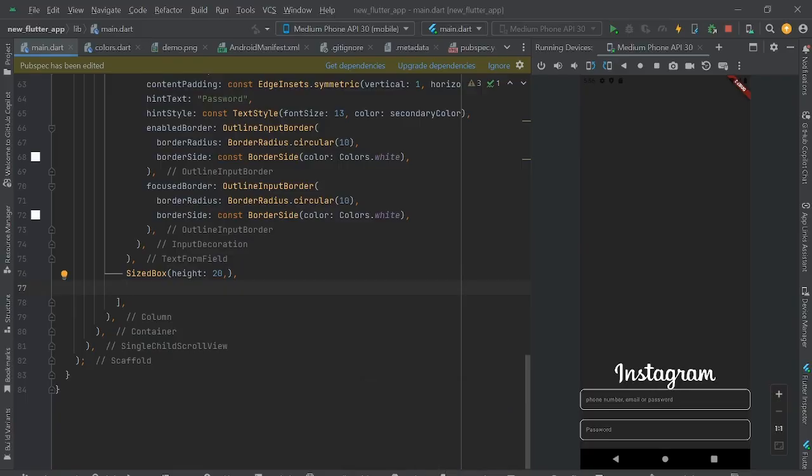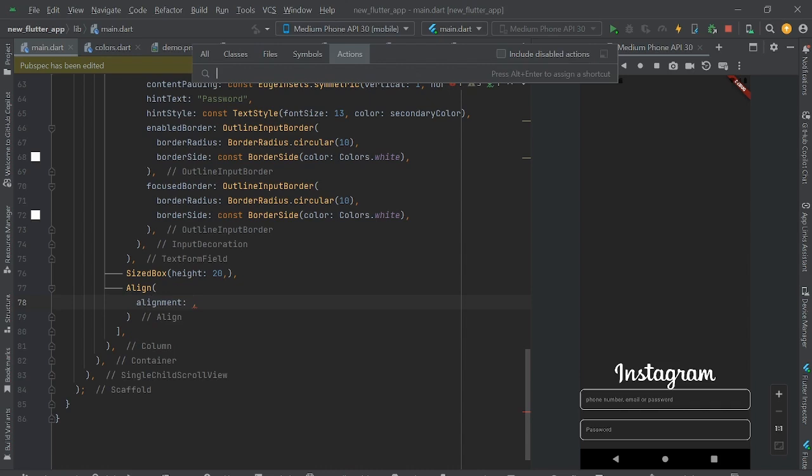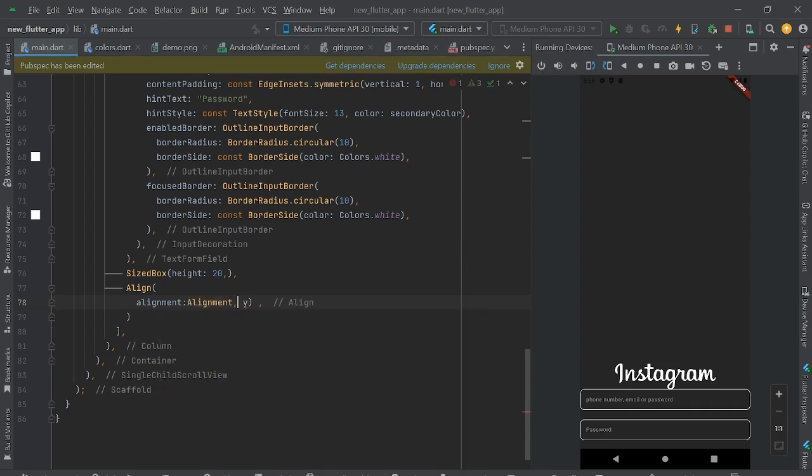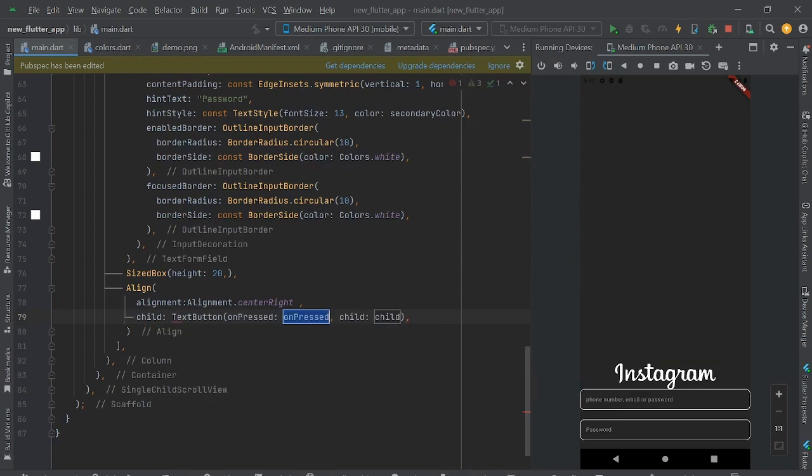Now I will add the other things like forgot password or the login button. So I will use alignment here. Alignment dot center right, I will use. After that, I will use the child. There will be nothing, and inside the child there will be a text written, that is forgot